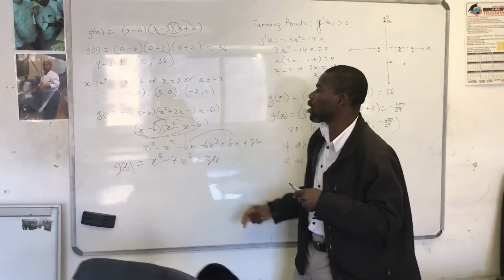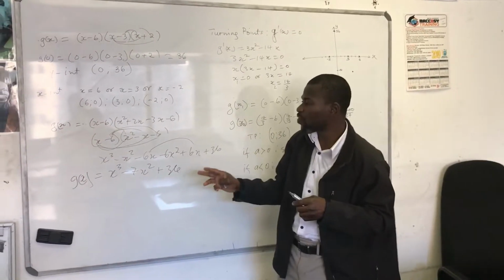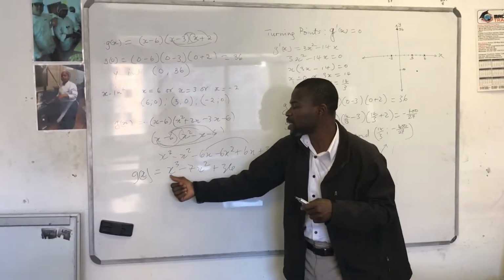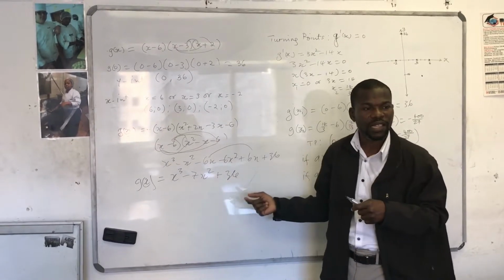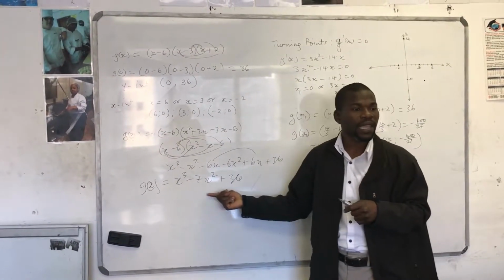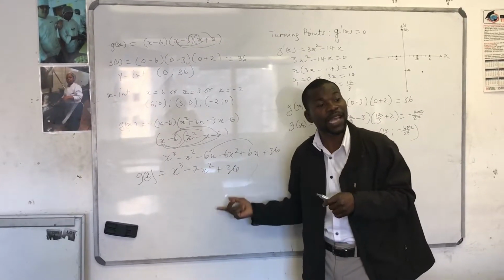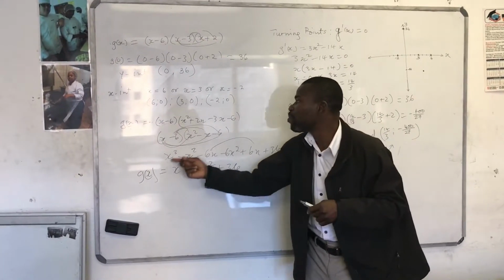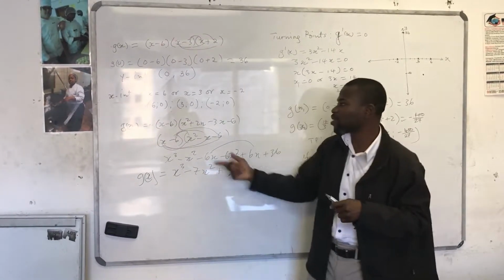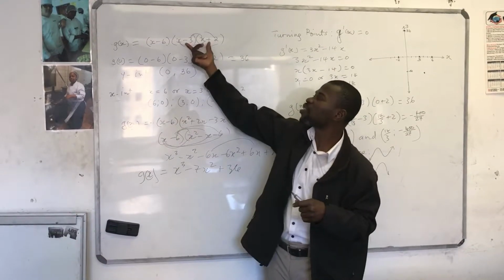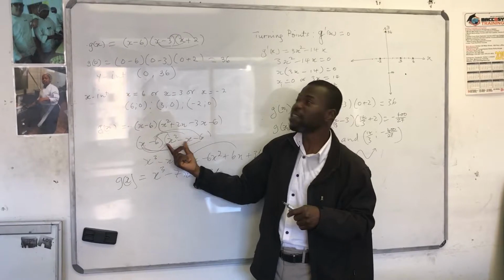Alright, so now we continue by looking at the other side of the function. It continues to say, determine the equation of the cubic function in the standard form, ax cubed plus bx squared plus cx plus d. So it means that when you expand this, you are definitely going to get this. This is what I have done. You take the first two brackets, you expand them, you get this,